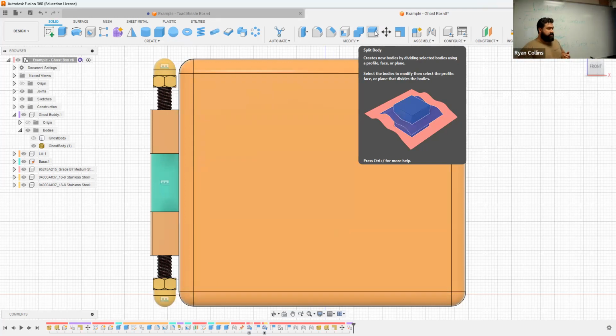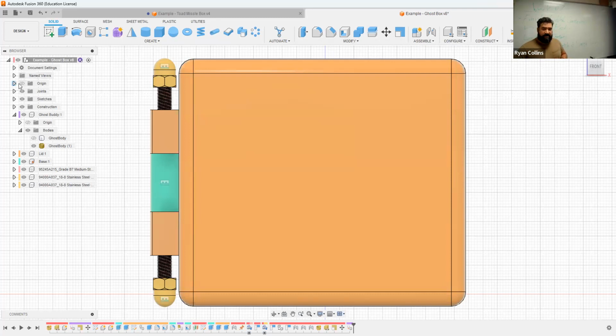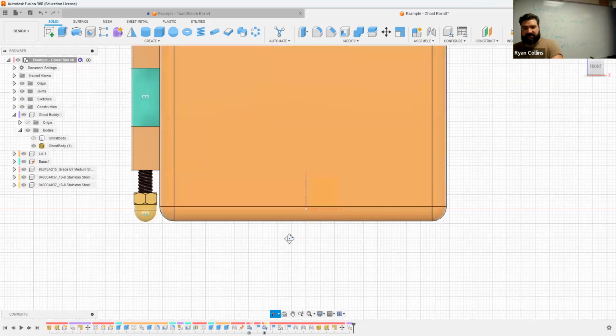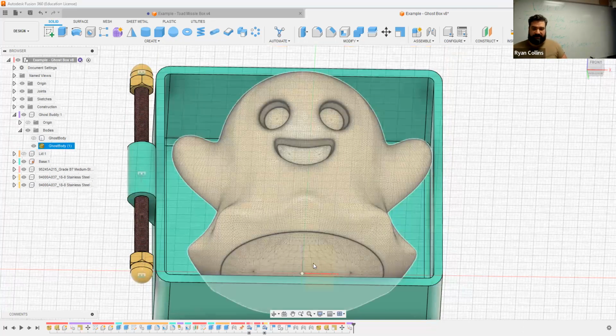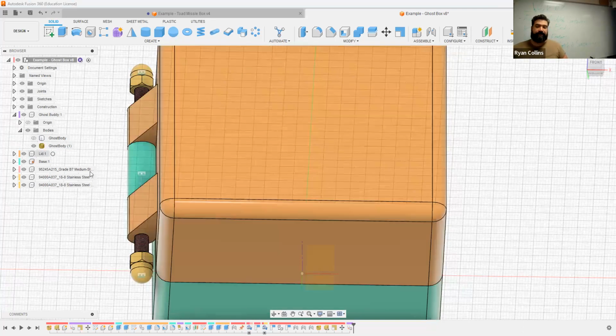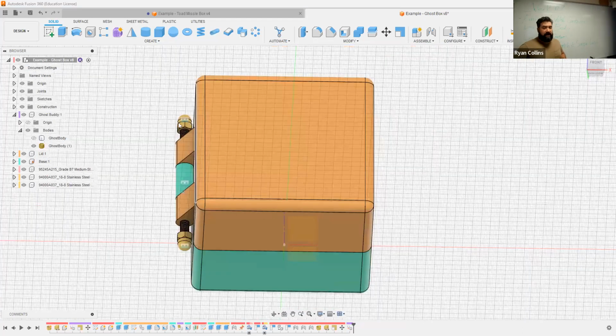Now, you can use an existing plane, one of your origin axes or origin planes. Obviously, you can't see it because it's smack in the middle there, but you could use one of the floating planes. If you can't get to it, you hide one of the objects, or hide several. Or you can use a sketch and a line somewhere,